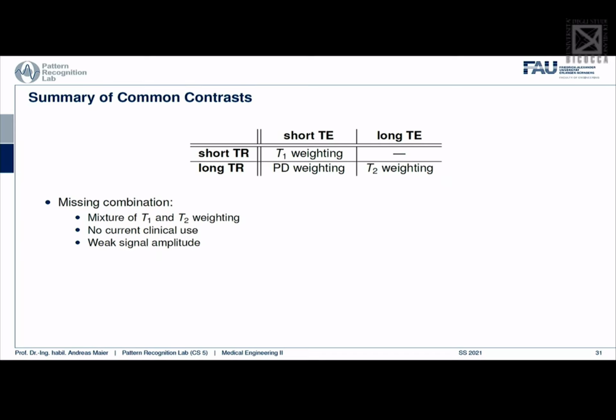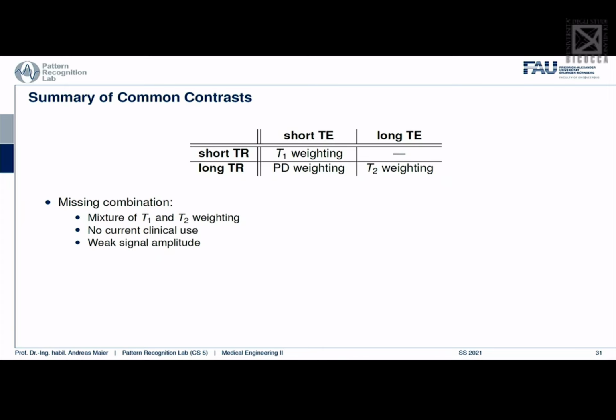And this is what we have. We have the three combinations of TE and TR that you can have. To recap, if you have short T echo, you can achieve with short TR, T1 weighting, or with long TR, proton density weighting. If you have long TR and long TE, you have T2 weighting. The missing combination,